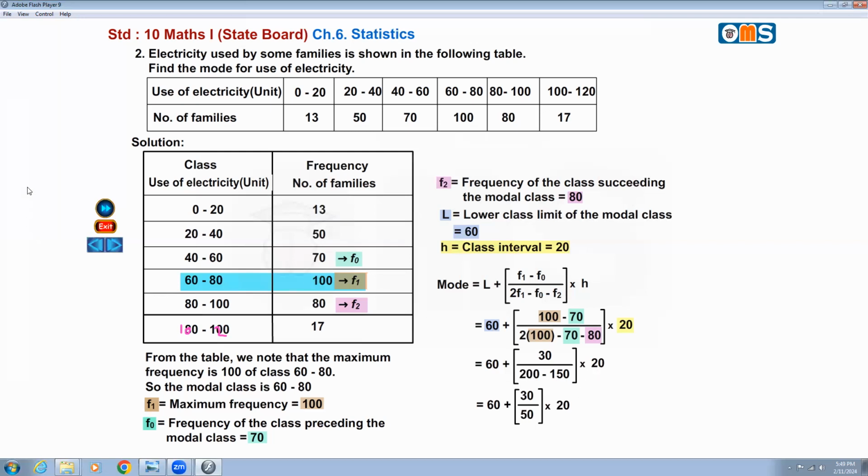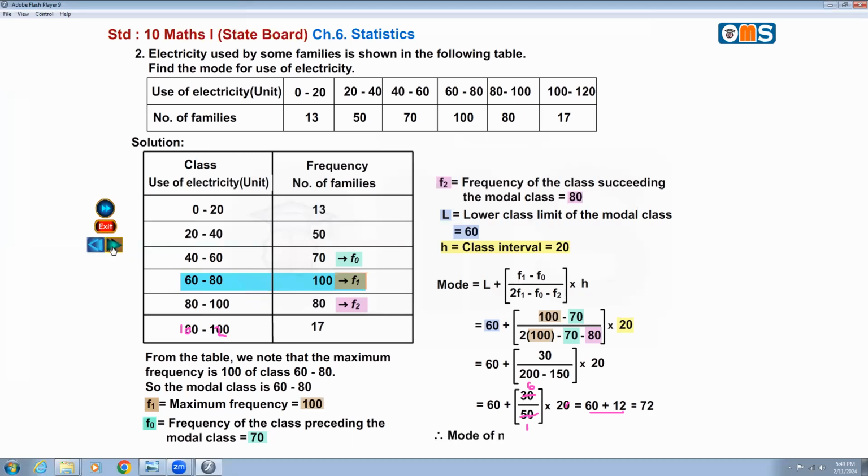Now I have to solve this. How will we solve it? Cancel the zeros, 5 into 1 is 5, 5 into 6 is 30, so 6 into 2, that is equal to 12. The answer is 12. Right? 6 into 2, that is 12. 60 plus 12, that is 72. Answer should be 72.